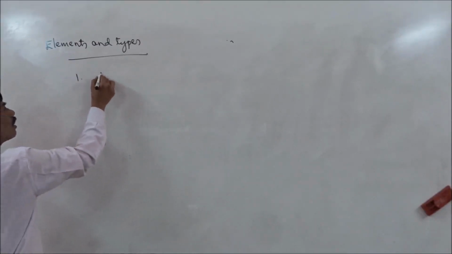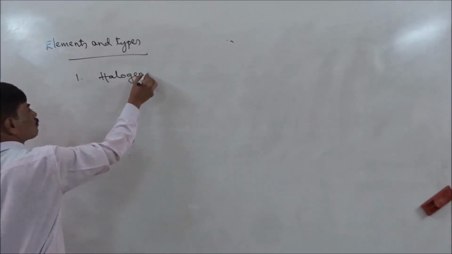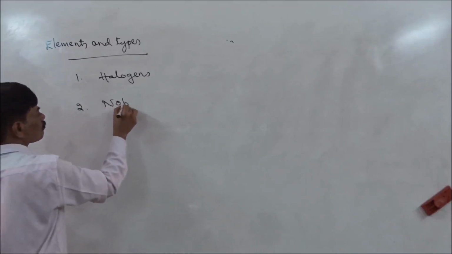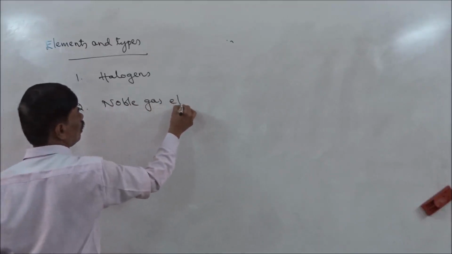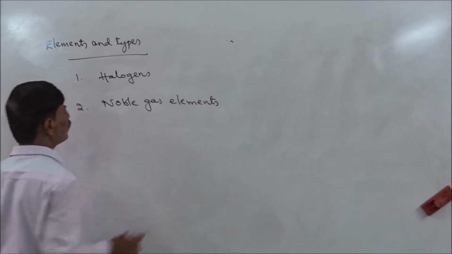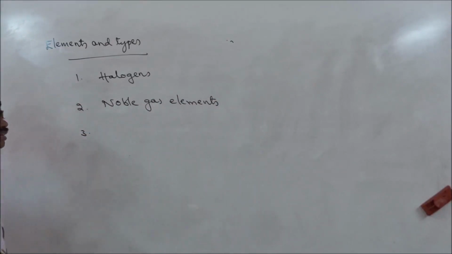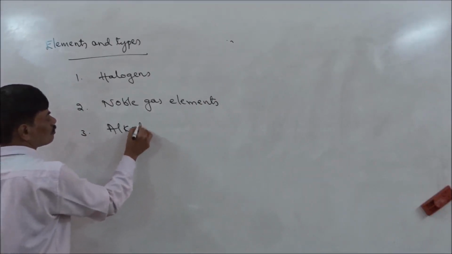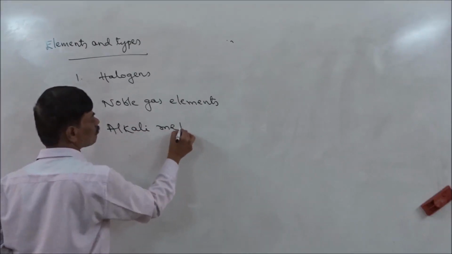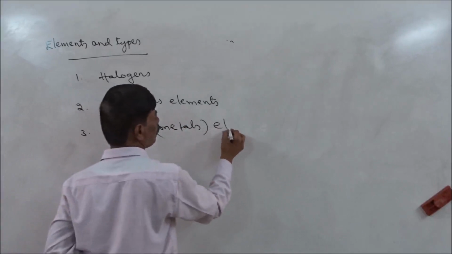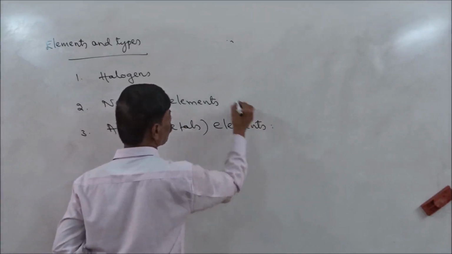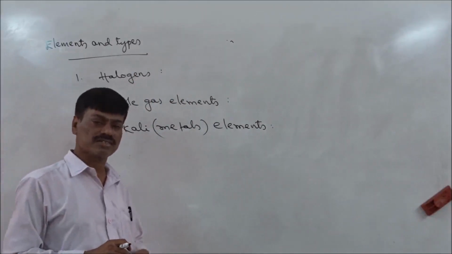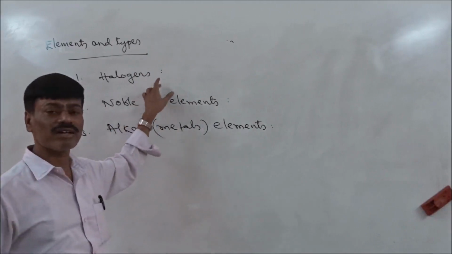They are: number one, halogens; number two, noble gas elements; and number three, highly reactive elements, that is alkali metals or elements. Halogens means those elements which are able to form salts, and these elements contain one electron less,